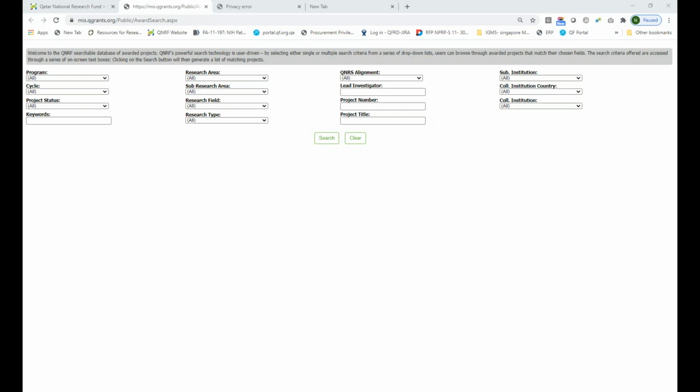Is it possible to translate the event in Arabic? Unfortunately, we don't do it, but if you have any question in Arabic or you need any more clarification, you can always send us through the ticket and we'll be happy to answer you in Arabic as well.